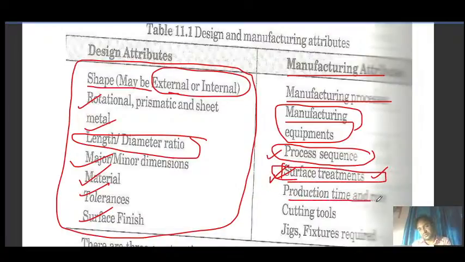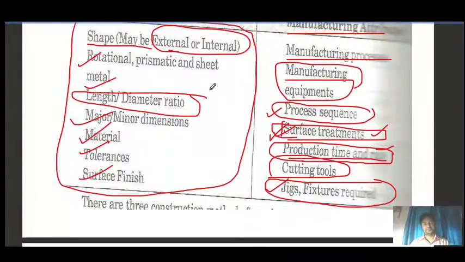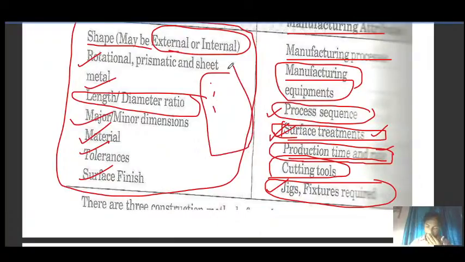Then production time and production rate. It means mass production, or whether it takes shorter time or longer time. Then on the basis of cutting tool, which type of cutting tool is being used, and the use of jigs and fixtures required. So as you can see, there are lots of variables for classification of part families.